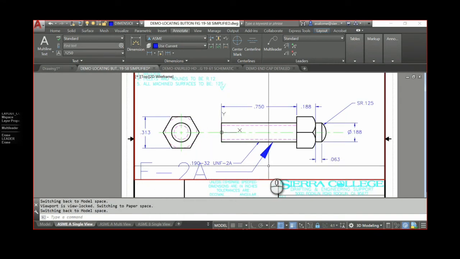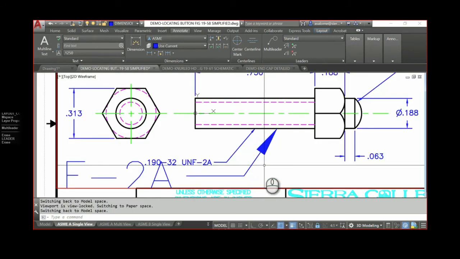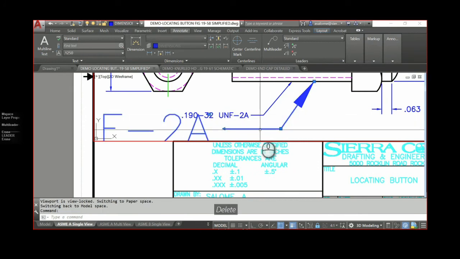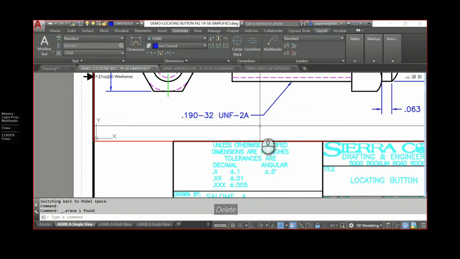Because multi-leader requires you to do an entire style setup for how you want it to appear. Okay? So I'm not using multi-leader. And I'm telling you, don't use multi-leader. Here's why. The leader command, which we're going to type in at the command line, uses all of the settings that are currently set in your dimension style.